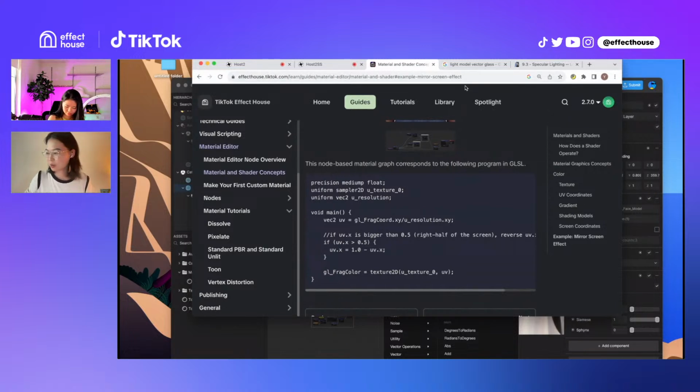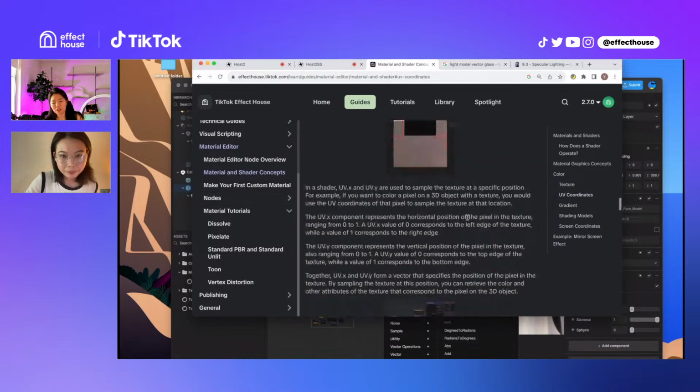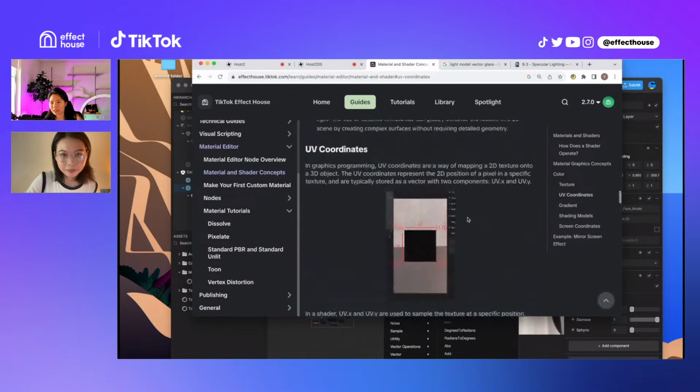Okay, so any questions here? I want to know how to use the second UV in the UV coordinate node. Okay, for the UV coordinate node, if some questions are too complicated for today, which is a beginner lesson, you